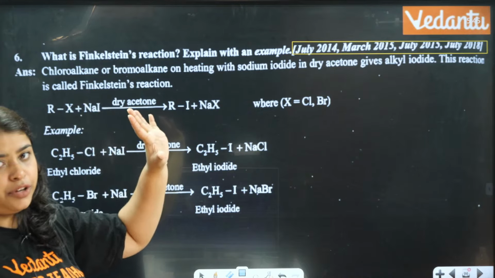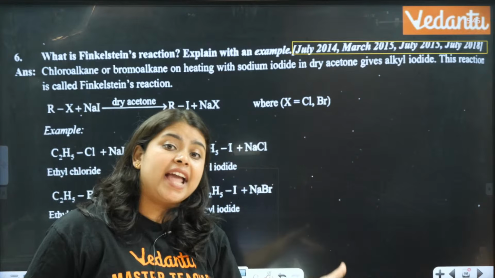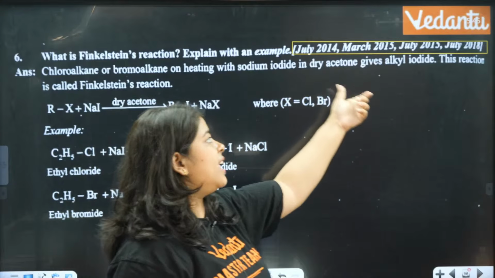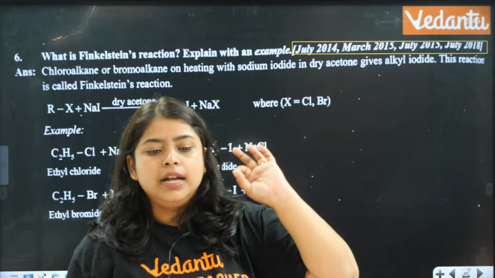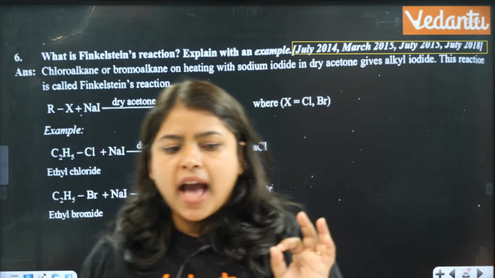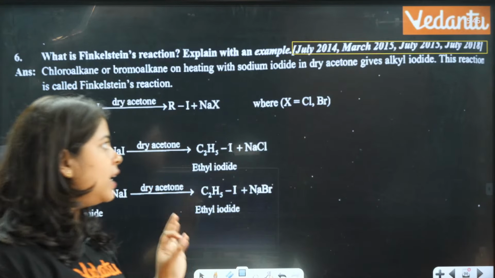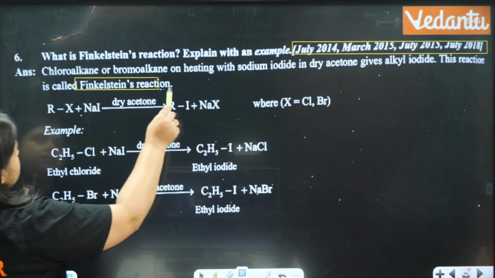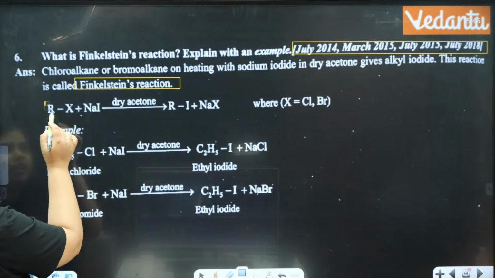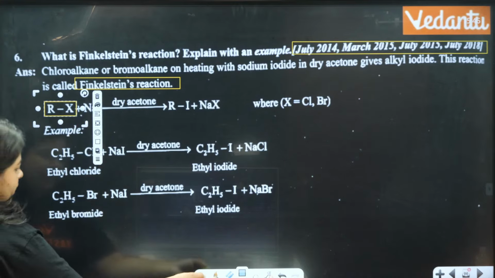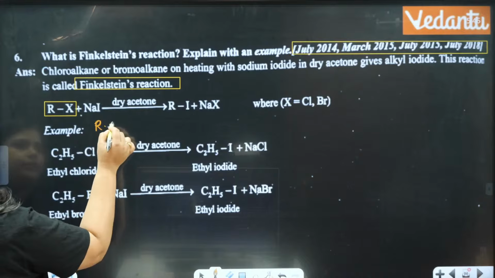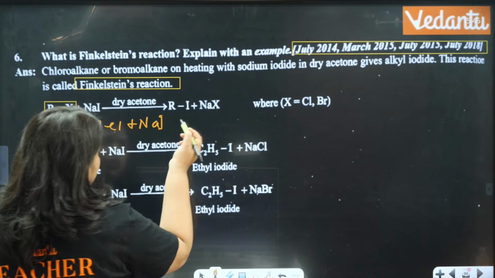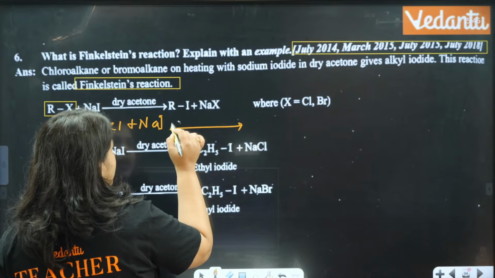NaI, reacting sodium iodide in the presence of dry acetone gives the alkyl iodide. In the presence of dry acetone we are going to get alkyl iodide, and this reaction is actually called Finkelstein's reaction. We have taken a general equation, that is chloroalkane. Anything you can take here: RCl, plus NaI, sodium iodide, in the presence of dry acetone,